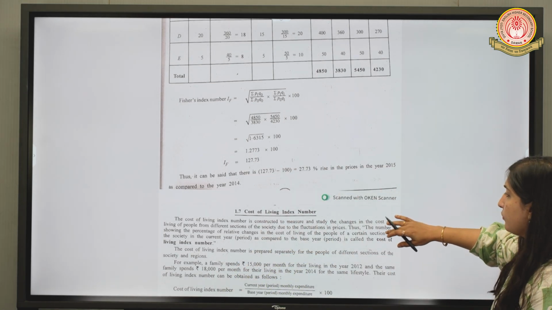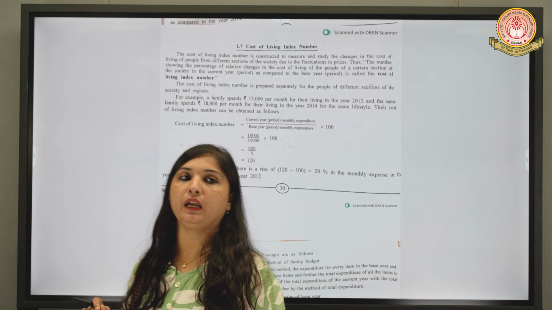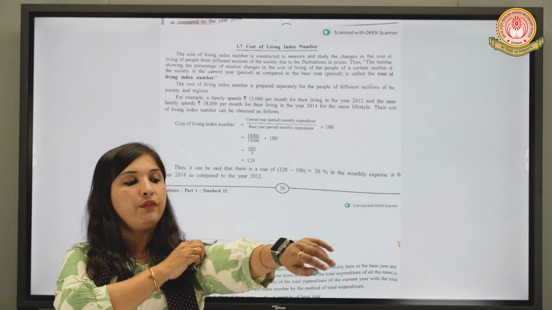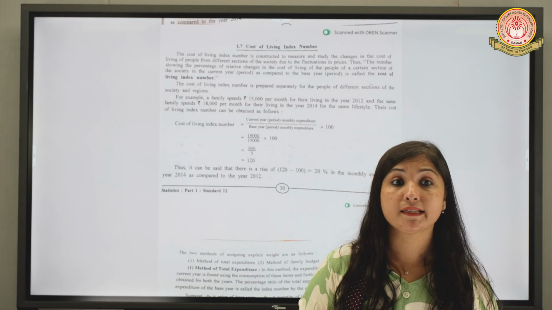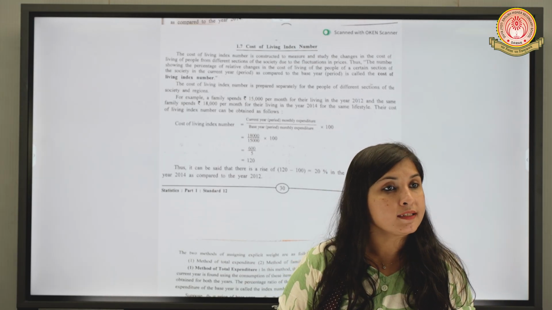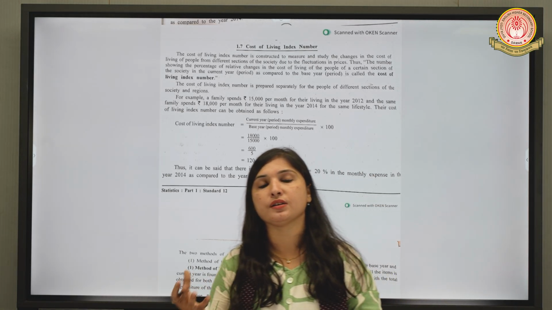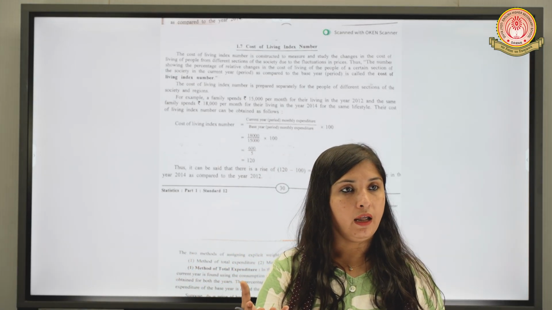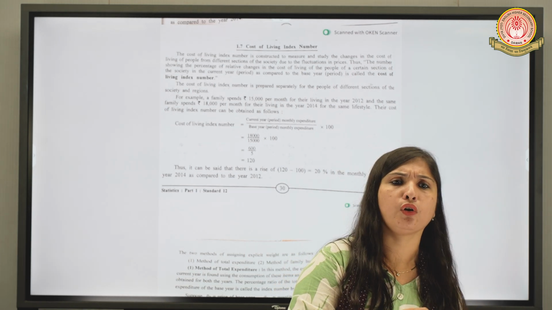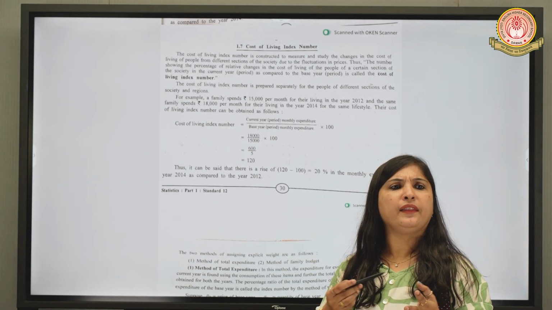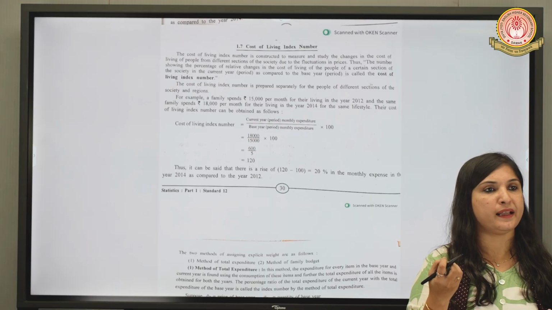Yes, very good. Okay, moving further to a new topic, we are learning today cost of living index. What are the things to be included in cost of living? The word itself specifies the cost that should be incurred. If we consider a family, what costs will a family incur? Every month the family has various expenditures. There are expenses on food, clothing, house rent, fuel, and so many miscellaneous expenditures, right? The family has to earn some amount for meeting these expenses, right?